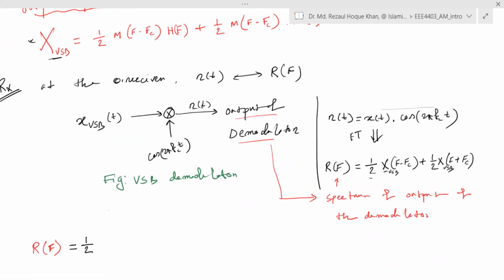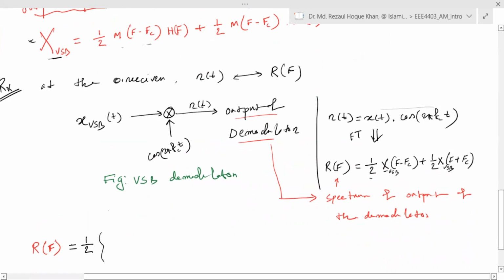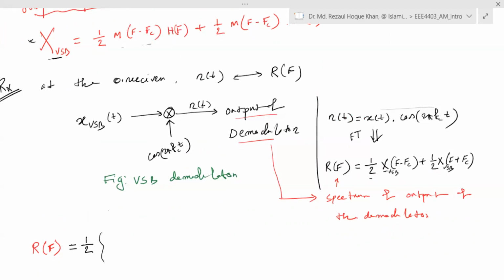That is half. So X F minus FC. If X F minus FC will be this, this part will be modified. Okay. So from here, half M F minus FC will be replaced by this, which is actually XF. Then it will be easier to understand. So we can find half of M F minus twice FC